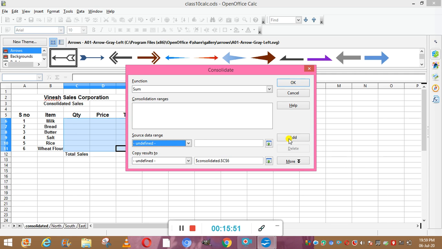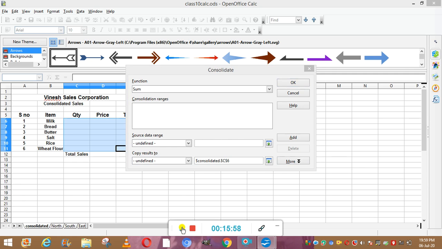Okay, after that your source sheets range will be appearing here. Okay, after that you can target the sheets range where you want to consolidate the data, and after clicking on the OK, the whole data is going to be consolidated here. Okay, because I have not made all the sheets, that is not visible here. Okay, so people can create all the sheets for north, south, east, west, and after that you can consolidate data. Thank you all of you.